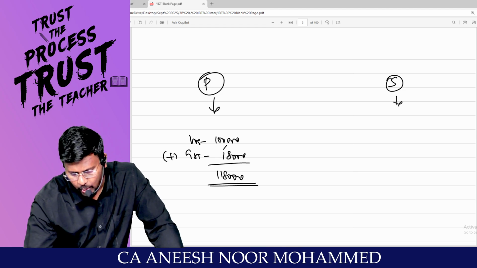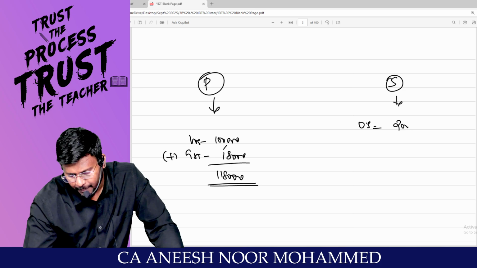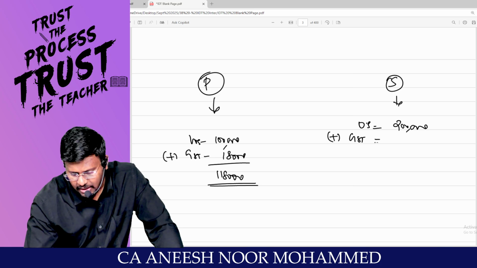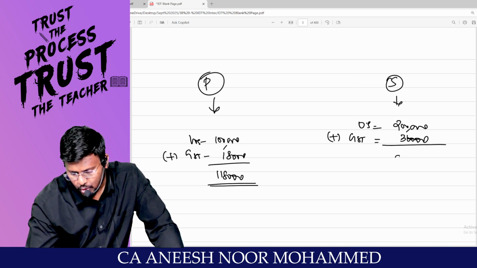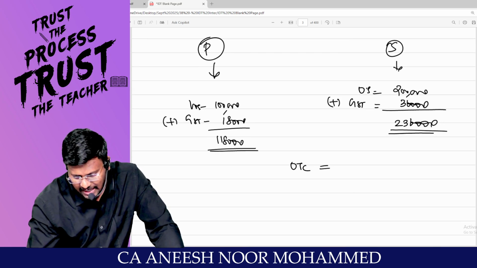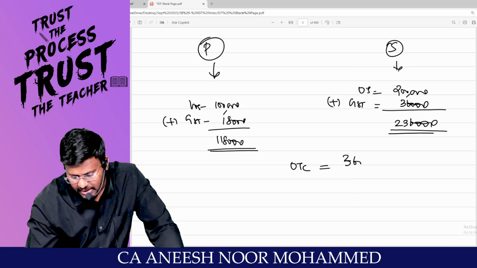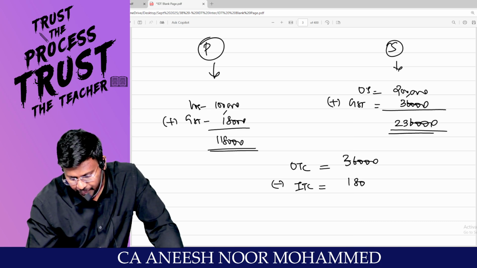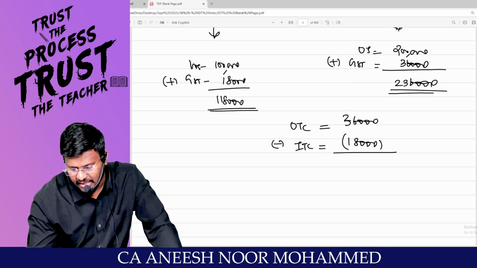1,18,000. Now you are going to sell at an outward supply of 2 lakhs. You will be collecting output tax. Add GST, how many rupees? So total 2,30,000. So output tax collected, how much? 36,000. Less ITC, how much? So 36,000 minus 18,000 comes to